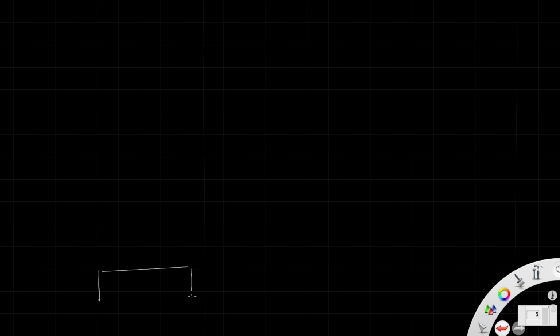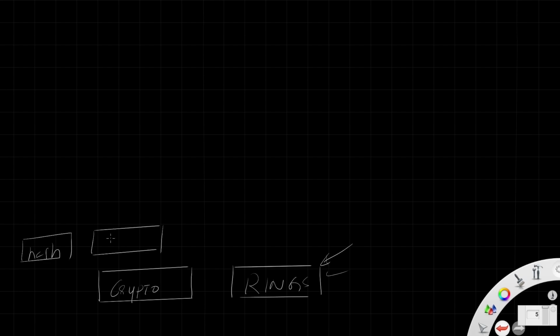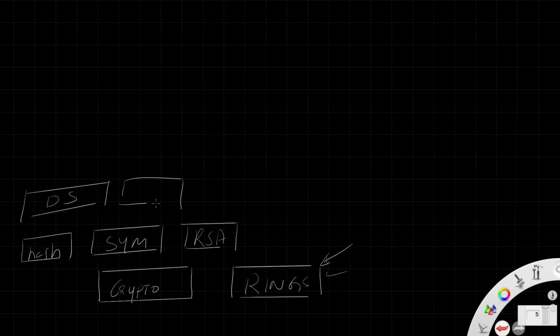So we had the cryptography, then we have the rings. This is something we are going to discuss. Probably this is more important than cryptography in terms of security. Inside cryptography, we have discussed hashing, then symmetric, then RSA or asymmetric. Then we have discussed digital signature, signing, TLS, all sorts of things. This is TLS, by the way, not TSL. And we have seen all these things use these three algorithms, in different permutations and combinations.